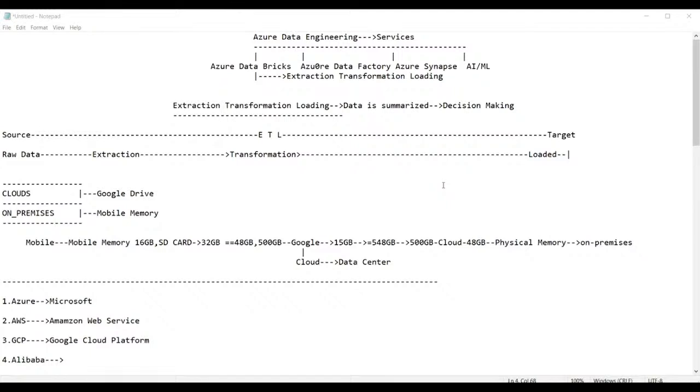It is asking for a credit card number. Yes, credit card, obviously. That is for the free subscription. It will charge some 2 rupees from the credit card, and this free subscription will be valid for 30 days. After that you have to go for the pay as you go model. That will cost you based on your usage only, and it will not charge you more than 700 to 800 for an individual.